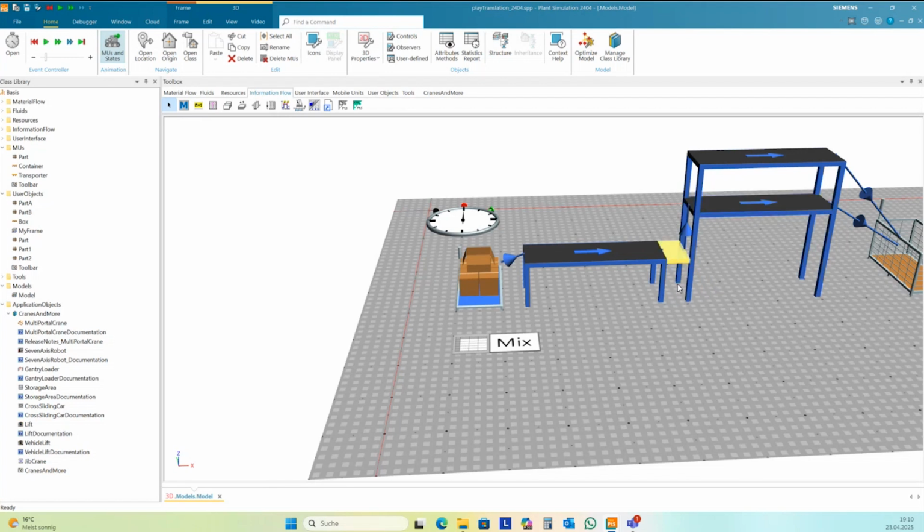A second way is to move the complete element up and down. And for this we have a method, PlayTranslation. And we need several steps here in this method, and I will make this method here as an entrance control of this conveyor here.